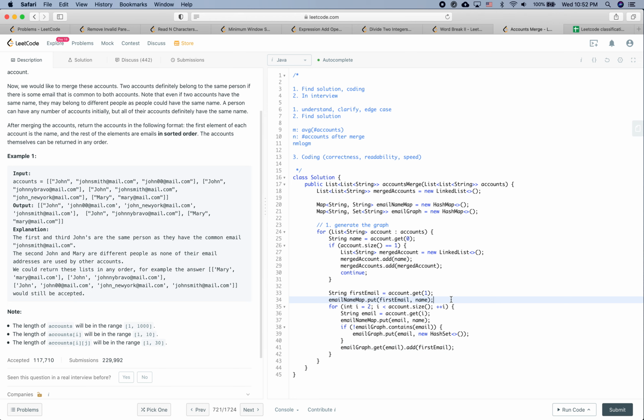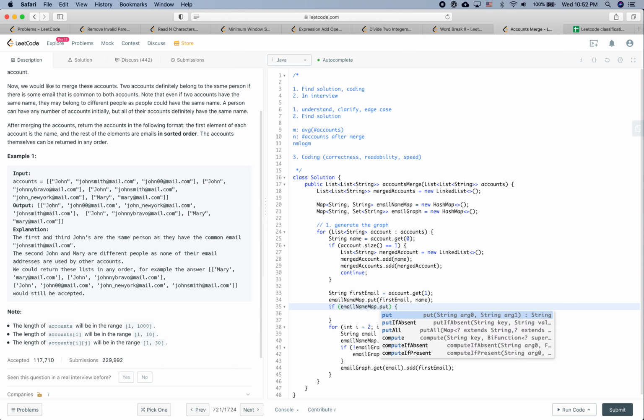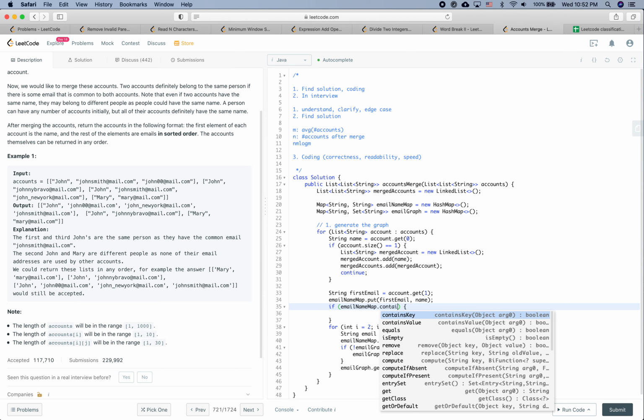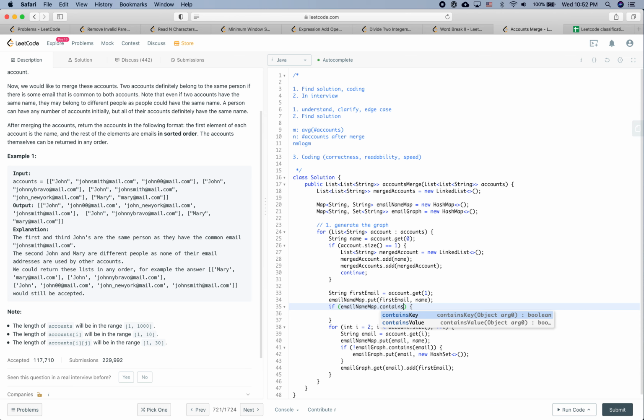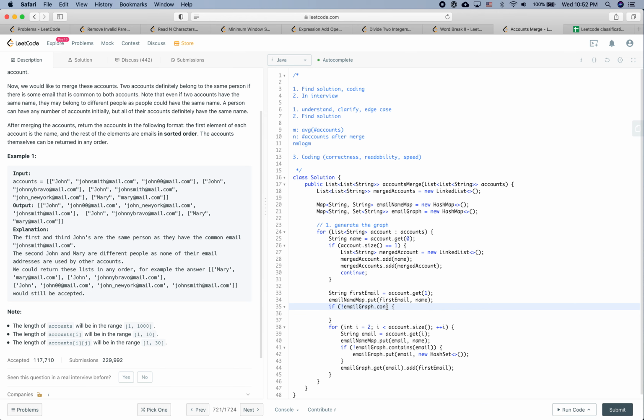Okay, and similar here, if email graph doesn't contain the key, if it doesn't contain the first email, then we are going to say okay, email graph put the first email and the new hash set. Okay,